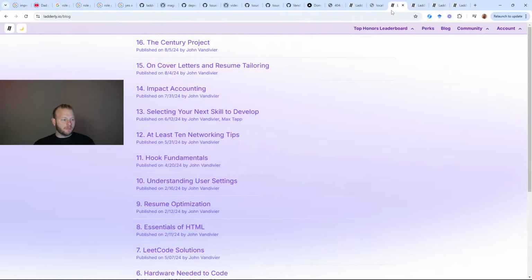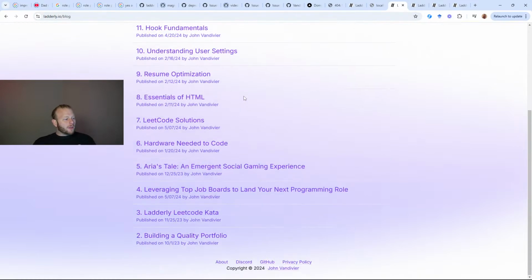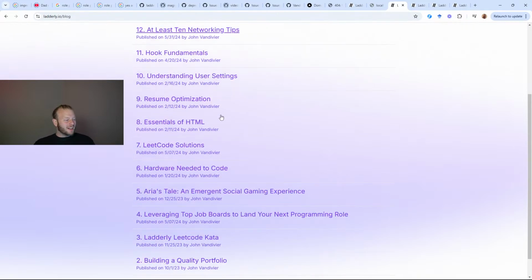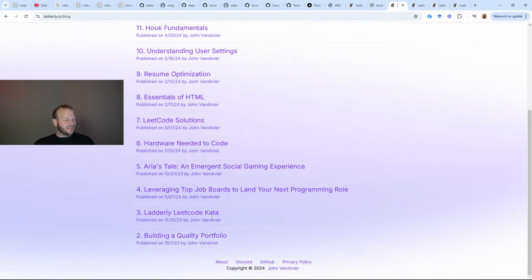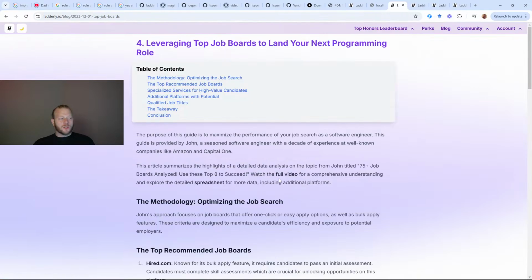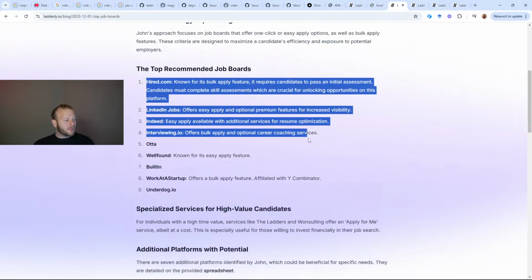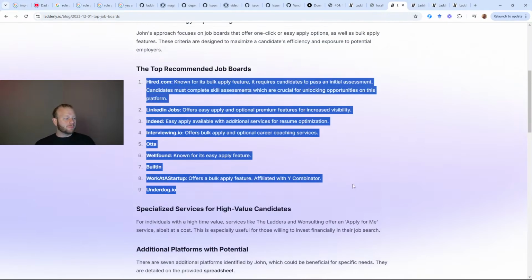Sorry about that, y'all. Well, in one of these 15 articles, I list the, oh, it's right here, leveraging top job boards. So these are the job boards that I recommend, if you're wondering where to find employers for various skills or whatever.